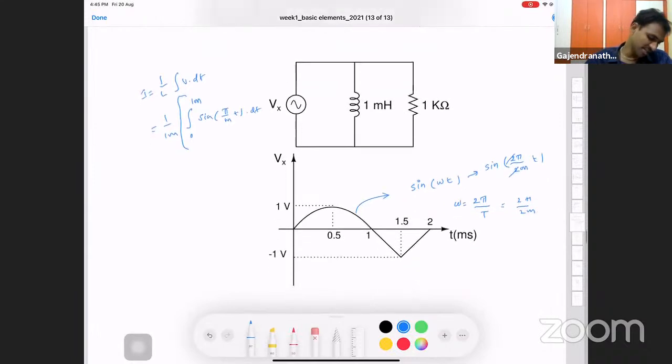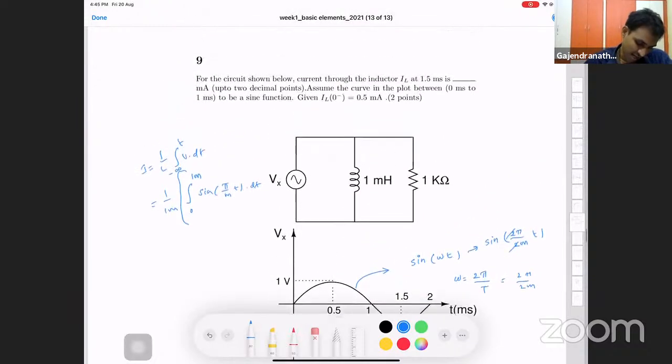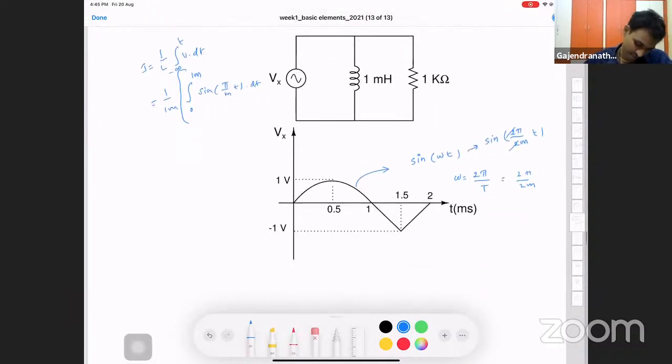Okay, so the interesting fact is when you write a current, you should write minus infinity to t. And there is already a current in the inductor to start with, the initial current. How much is that? 0.5 milliamps. So we should write it as I equal to 0.5 milliamps plus 1 by 1 milli, 0 to 1 milli, plus. Now the area under this curve we have to find because we are interested in 1.5 milli. What is that area? Simply half